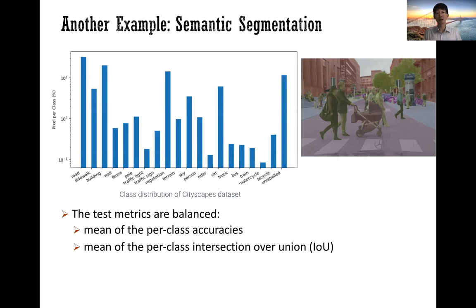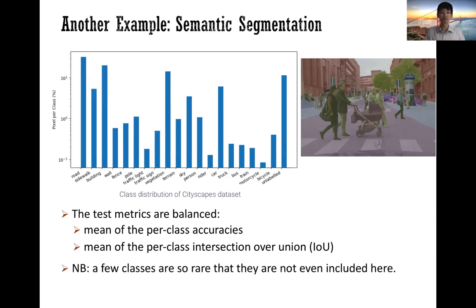However, the test metrics are balanced, because the test metric is the mean of the per-class accuracy. You are computing the accuracy for each class, and then you take the average over the classes. And also another common metric is the mean of the per-class intersection over union, which is also a balanced